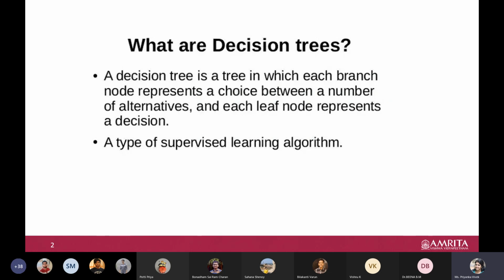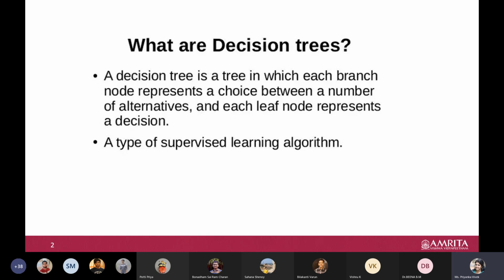So of course, tree you are familiar with. In different courses you will have learned tree. So you know that when you have a tree, you of course have nodes, isn't it? Nodes and branches, etc. And then you may have a leaf node. Similarly, here also we have a root node, intermediate nodes, and then leaf nodes. So when you say leaf, it is usually our class label or our prediction. So that is in our decision trees.